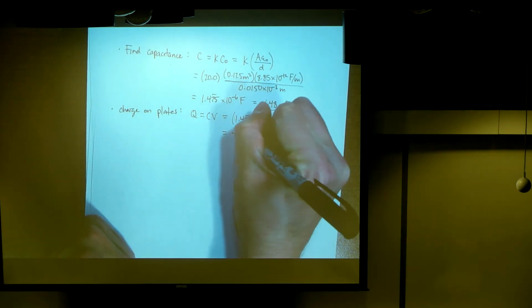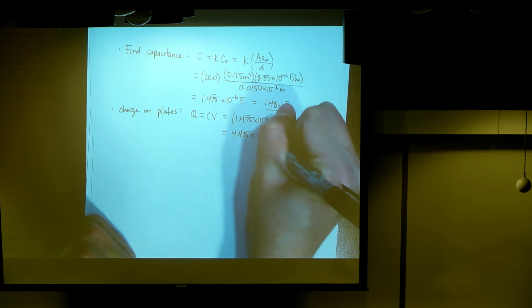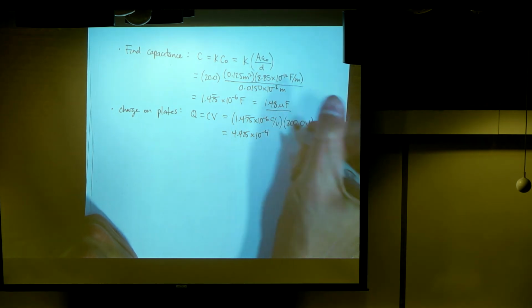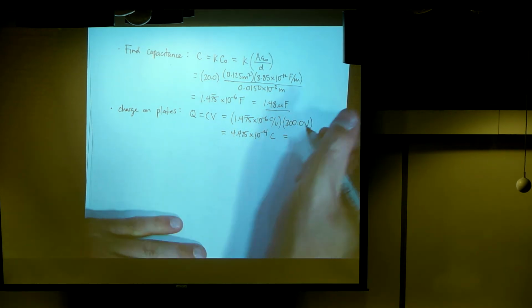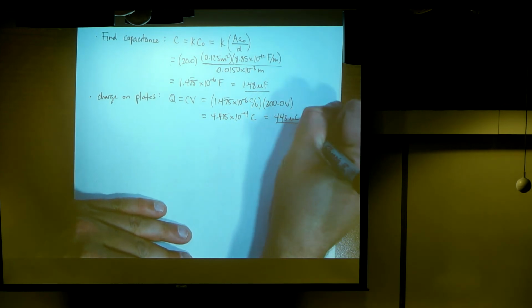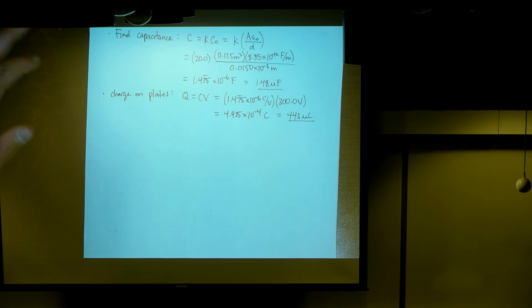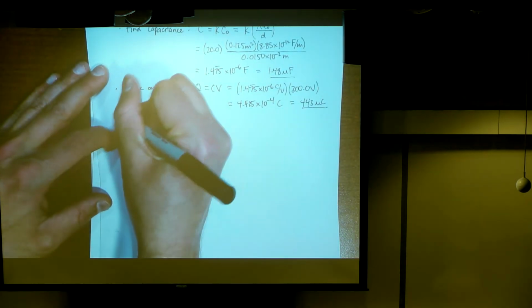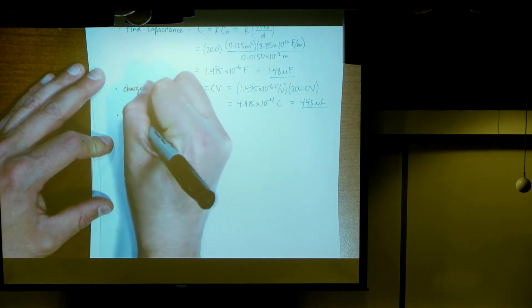So 4.425 times 10 to the minus 4, right? Yeah. Coulombs. So you could write that as 443 microcoulombs. That'll work. Okay. Now, that's the charge on the plates. The induced charge,